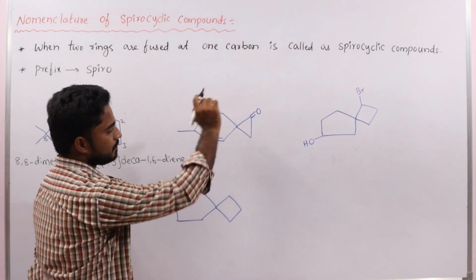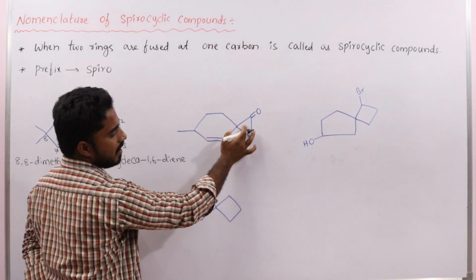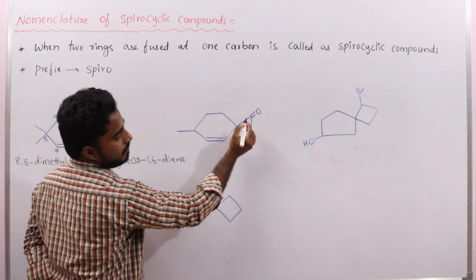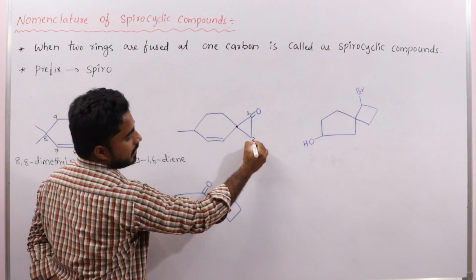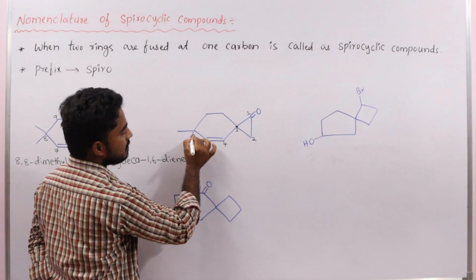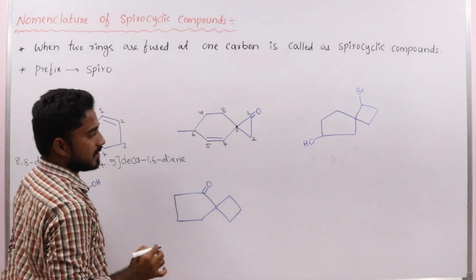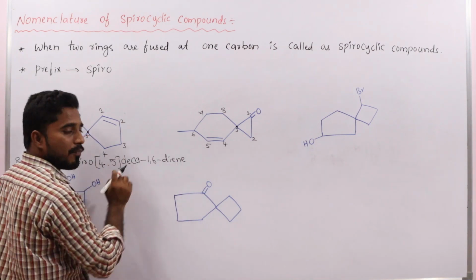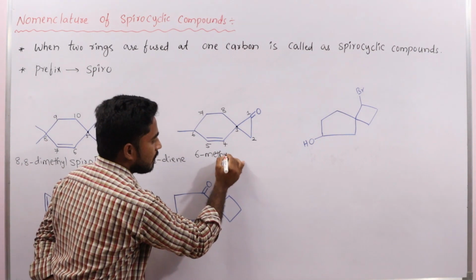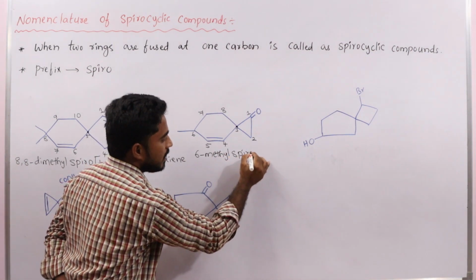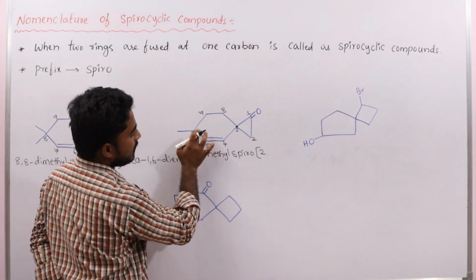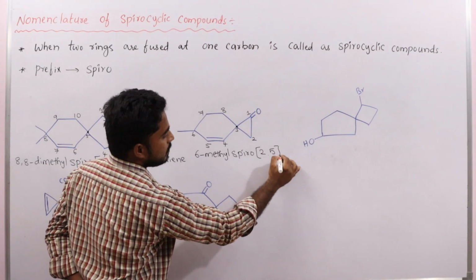Okay, let us see this example. Here 2 different member rings are fused at 1 carbon, so this is the spirocarbon. Then we have to start the numbering from the smaller ring to the larger ring: 1, here 2, 3. Here unsaturation is there, that's why 4, 5, 6, 7 and 8. At the 6th position a methyl substituent is there, that's why 6-methyl. Then the prefix spiro in square brackets. Here 2 carbons, that's why 2 dot, here 1, 2, 3, 4, 5, 5 carbons, 2.5.